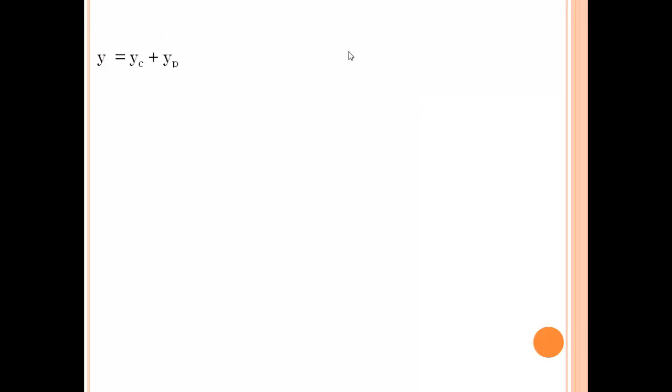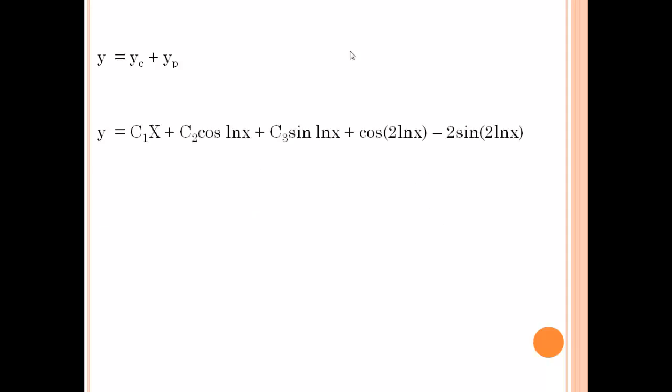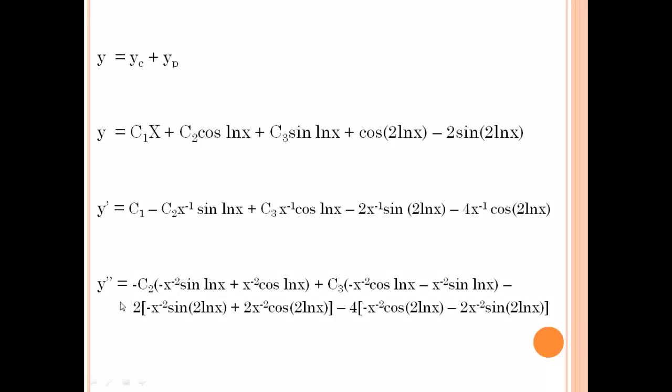Now, our y is equal to yc plus yp. Substituting those values from yc and yp would give us this equation. Taking its first derivative of y would be this equation, and y double prime would give us this equation. Now, using the derivatives, we substitute our auxiliary conditions, and that would give us